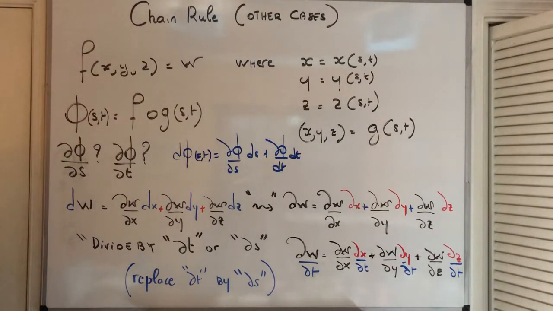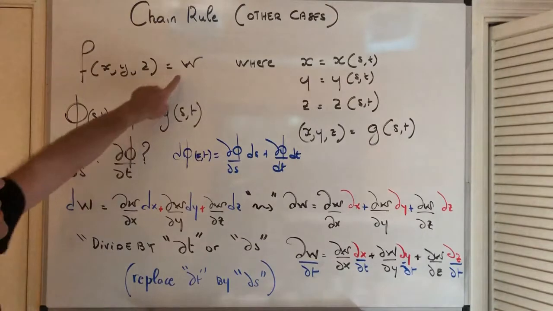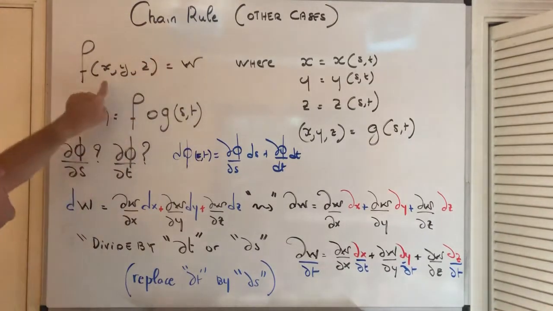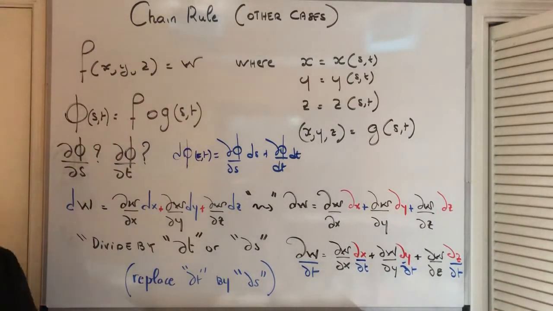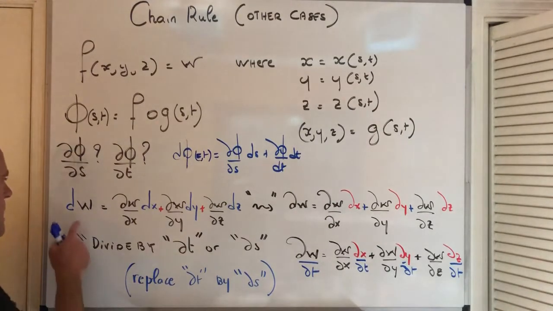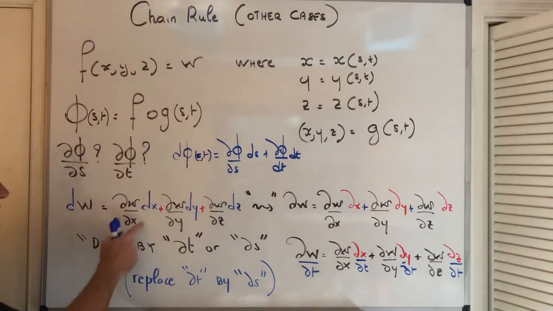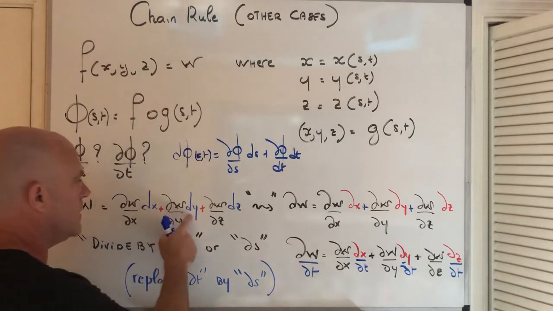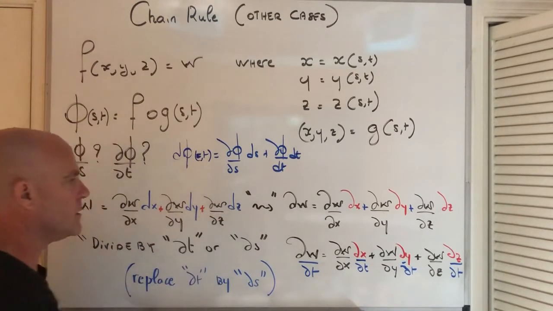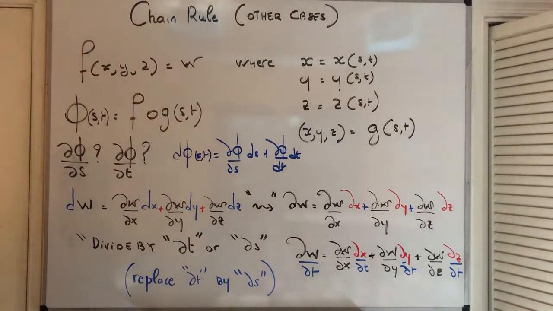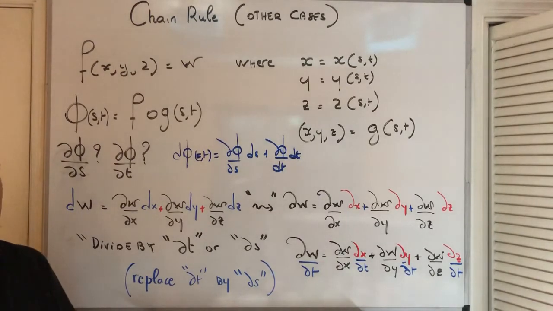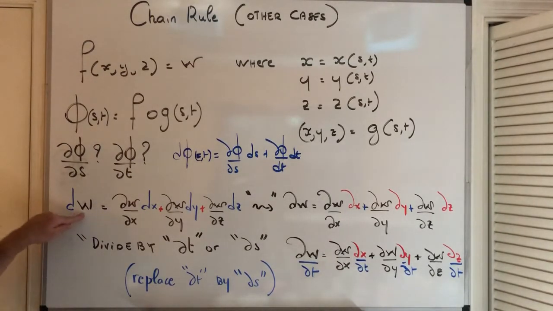Maybe the best way to compute this is probably to write the differential of w with respect to x, y, and z. Let's do it. Actually, it won't certainly hurt to do that. dw is dw over dx times dx plus dw over dy times dy plus dw over dz times dz. Right, so now should I want the partial derivative of w with respect to s, because this is what I want to know. What is the